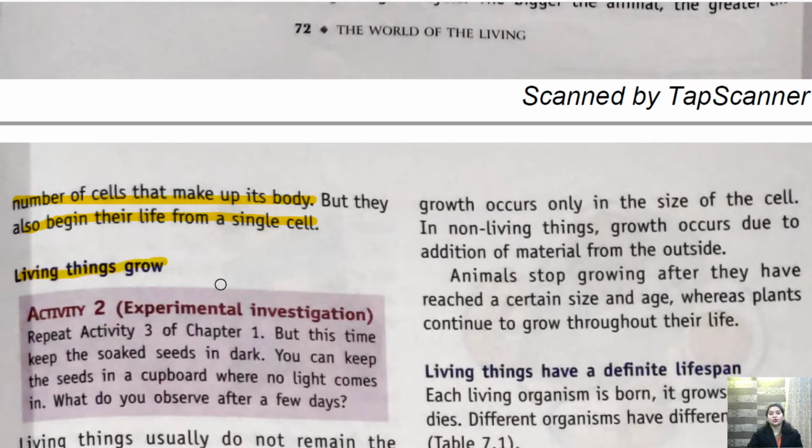So the next characteristic of a living thing is that living things grow. अभी तो आप लोग को पता है. कैसे पता है? हम पहले क्या थे? हम बहुत छोटे थे. फिर धीरे धीरे हम बड़े हो गए. अभी हम और बड़े होंगे. ठीक है? So we are living things and we grow. Isn't it? What we do? We grow. पहले हम छोटे थे, फिर हम धीरे धीरे क्या हो रहे हैं?